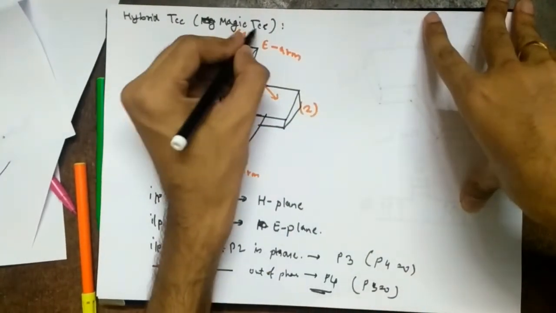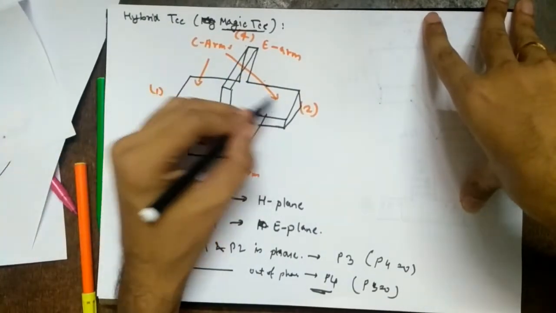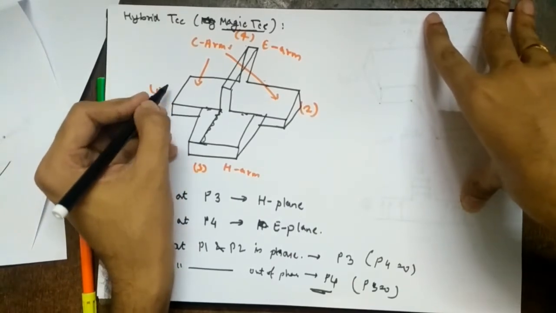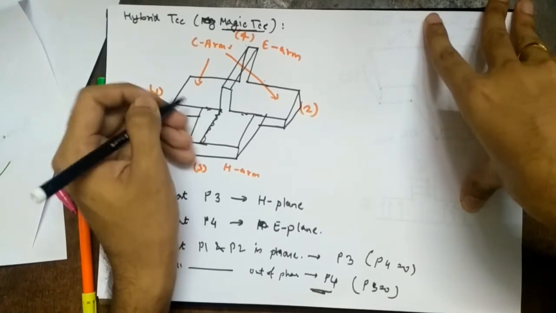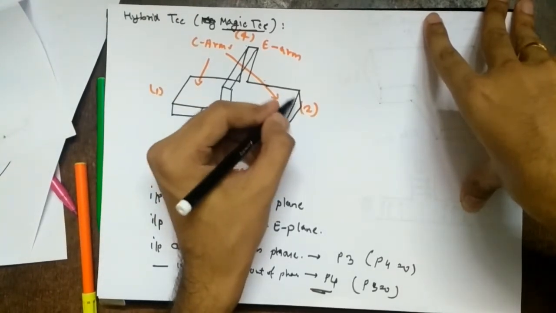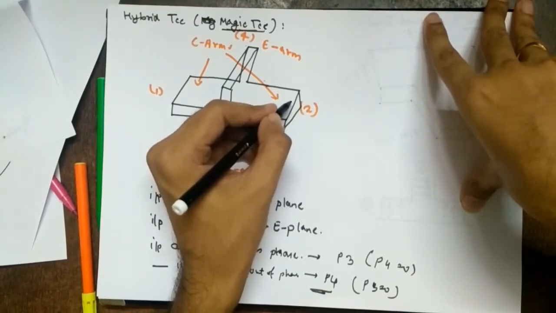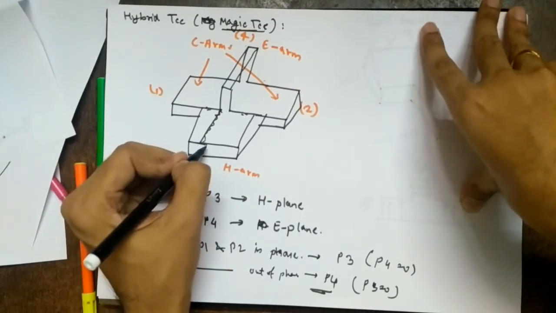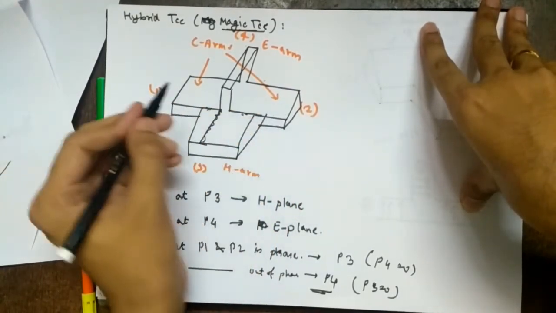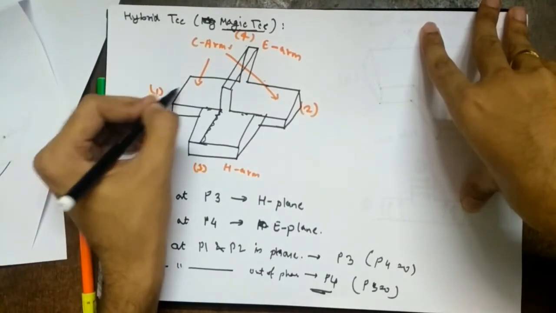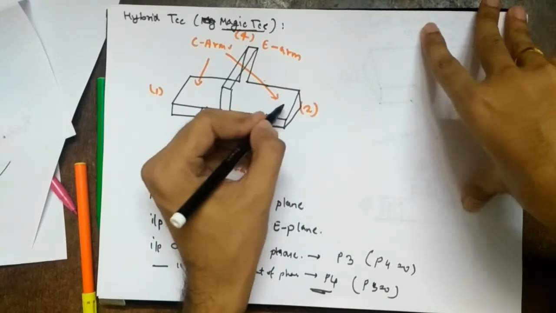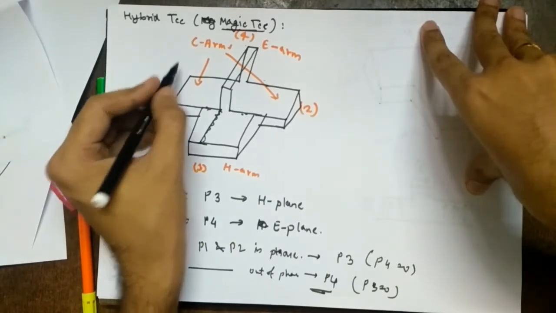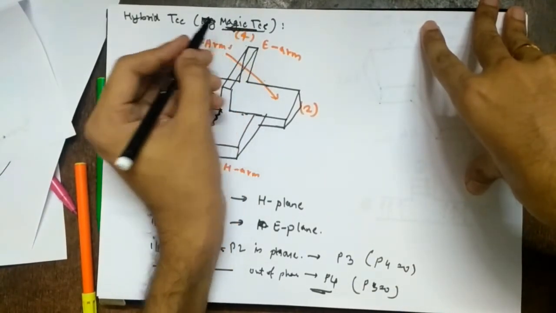But now why is it called magic T? If I give input only to one of the collinear arms, means if a wave is fed to one of the collinear arms, let's say at port 1 or port 2, let's say I feed port 1, the output will not appear at port 2 at all. That is the difference, right? Because usually if you give input at port 3, the two collinear arms always have the output, right? But if you now give the input at port 1, you do not get any output at port 2, right? Similarly, if you give input at port 2, you will not get any output at port 1. Right? So that's why it is called sort of magic is happening. So that's why it is called magic T.